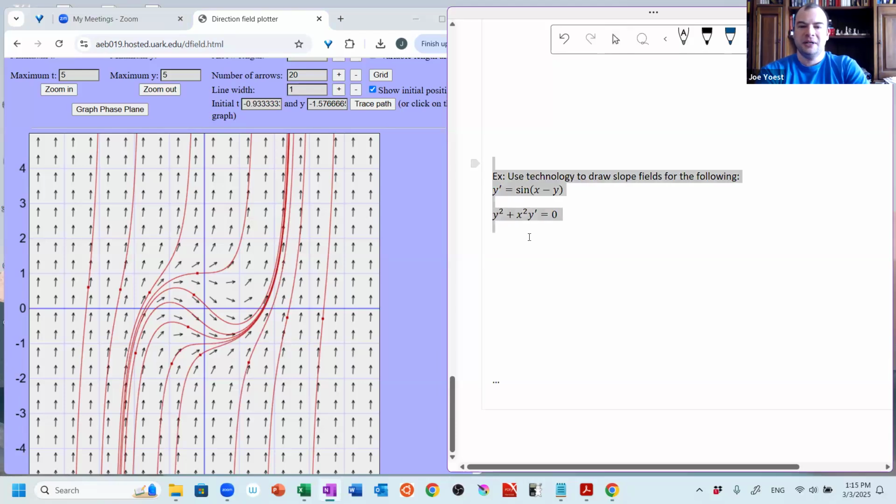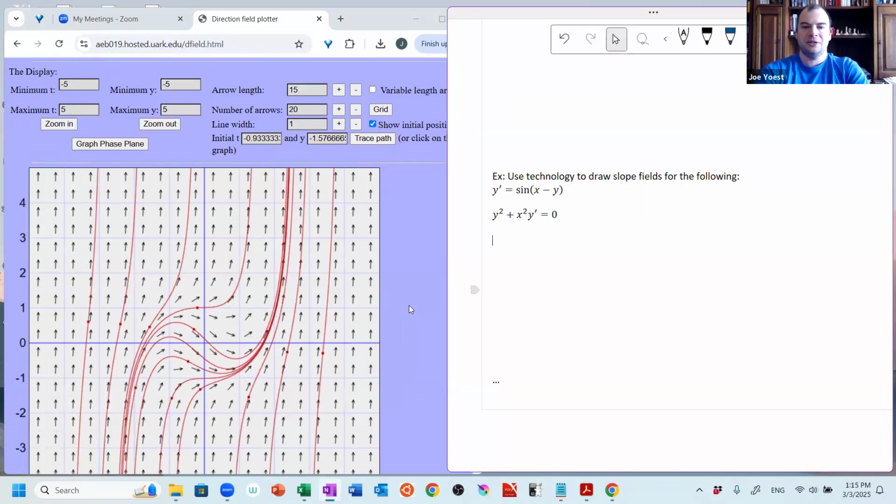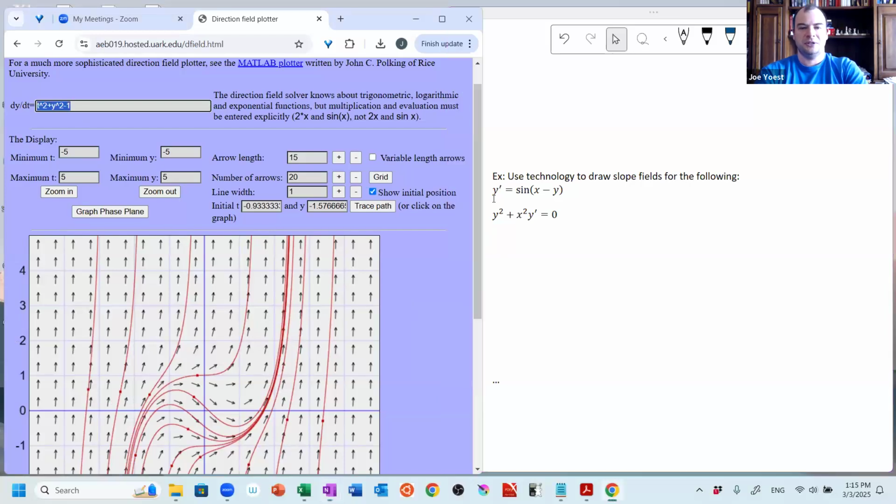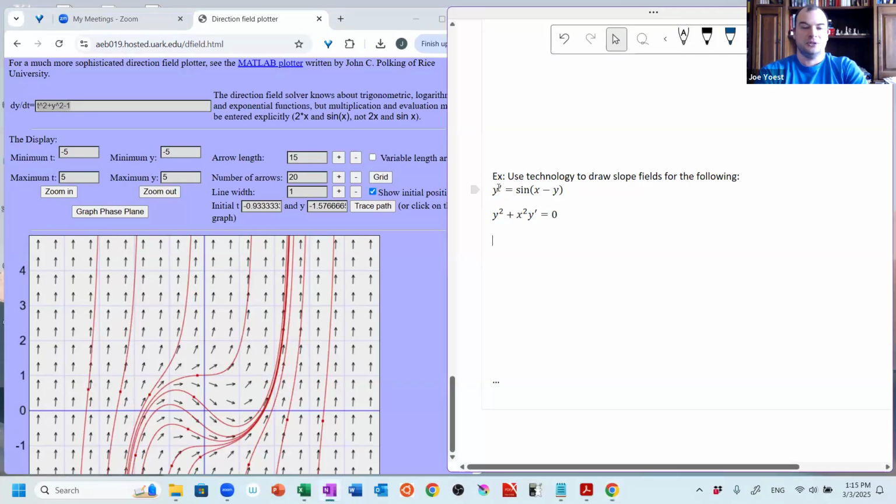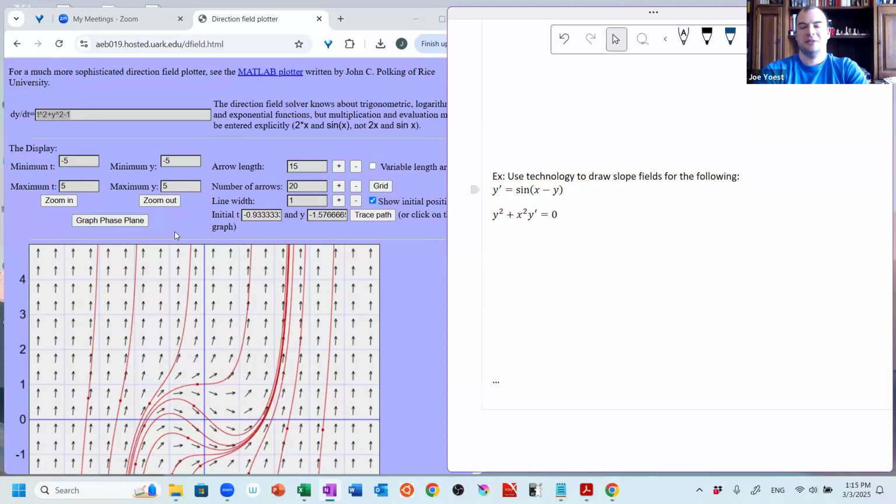And then we're about out of time, but if you want a little bit of practice, you could use technology like this to draw direction fields, or slope fields, or phase planes, they go by a lot of different names, for these two examples. All right, y prime equals negative y squared over x squared, or y prime equals sine of x minus y. And before you draw them with the technology, give a little bit of thought to, heuristically, qualitatively, what do you expect from these direction fields? And then does what you get from the technology match what you predicted? Okay,